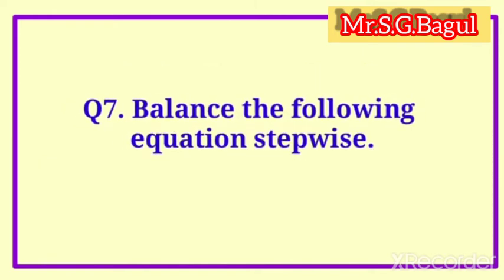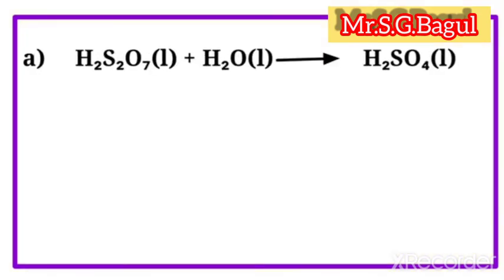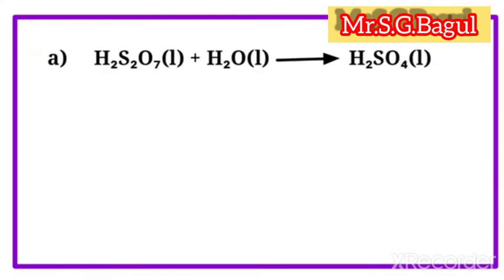Question 7. Balance the following equation stepwise. First, write the chemical equation. Now, compare the number of atoms of the various elements present on the two sides of the equation. After, choose the reactant or product having maximum number of atoms and equalize its atoms on both the sides. Equalize the number of atoms of remaining elements in the reactants and products. Now,